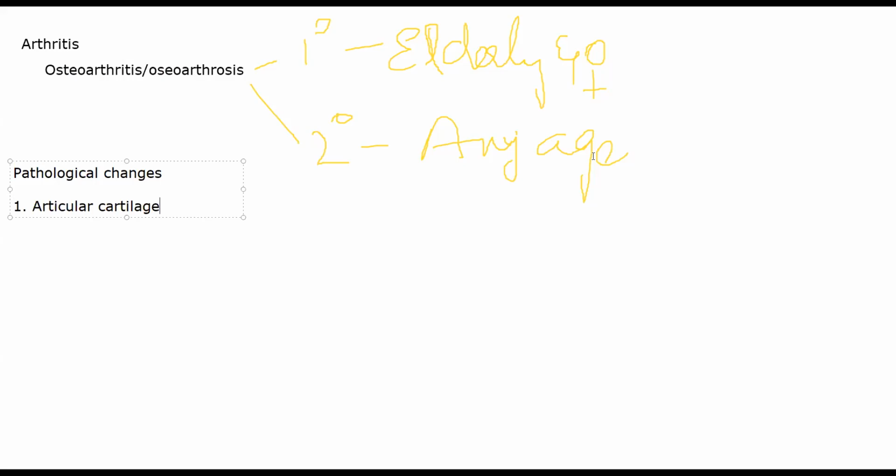See, this cartilage is acting as a shock absorber in a way. It is making sure that there is no friction when you move around, especially in the weight bearing joints. Whenever this cartilage is destroyed, there will be a lot of friction whenever you move, and it will cause a lot of inflammation and pain. Now there is progressive loss of cartilage, or cartilaginous matrix. It becomes worse with age.